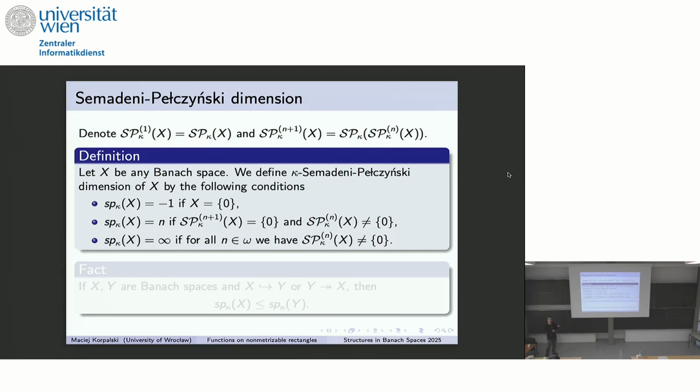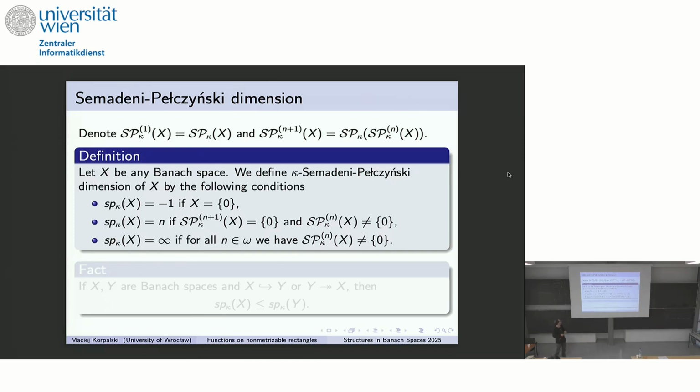Right? So we have dimension 1 if we are not an empty space. By empty space, we mean just a trivial linear space. But if we iterate one time, then we are trivial. So this is kind of the same, but iterating n times. And of course, we can have infinite dimension. There was some idea to introduce maybe ordinal dimensions here, but it is an idea for later.